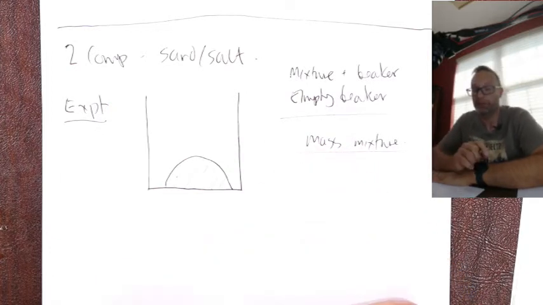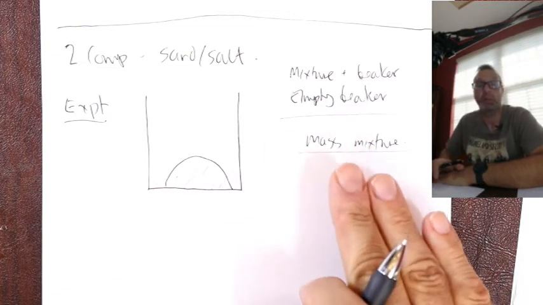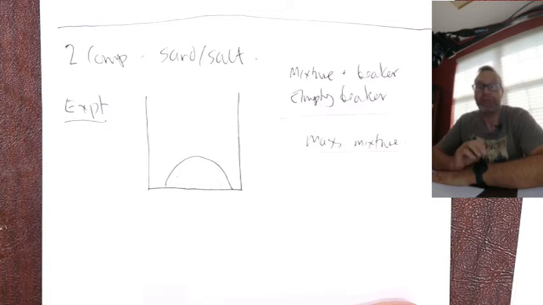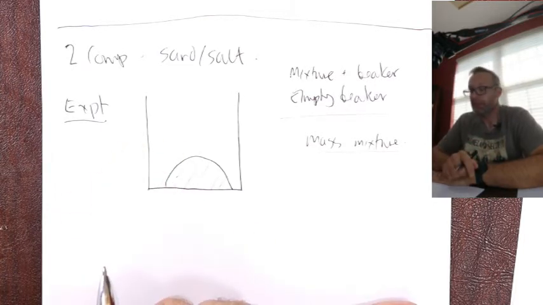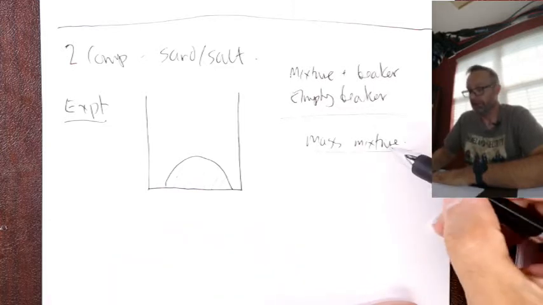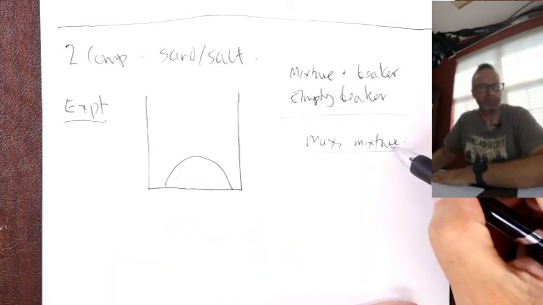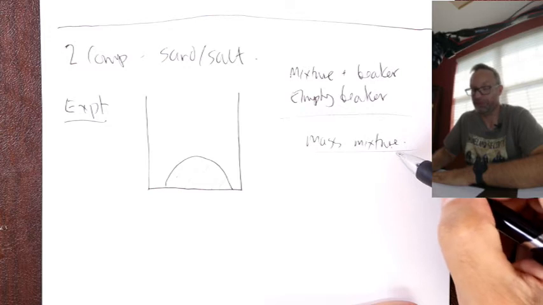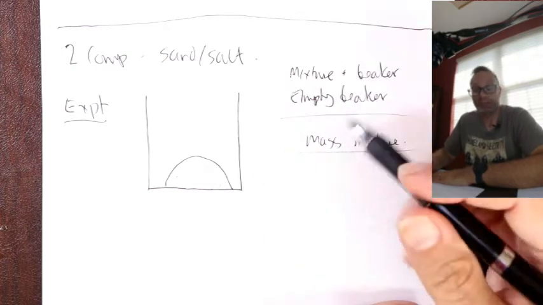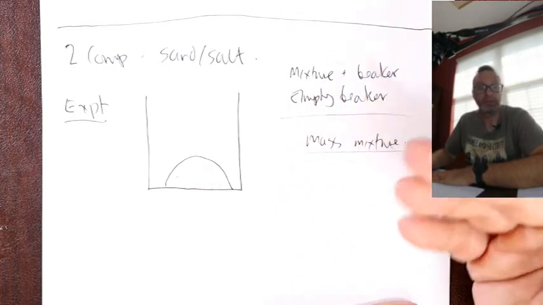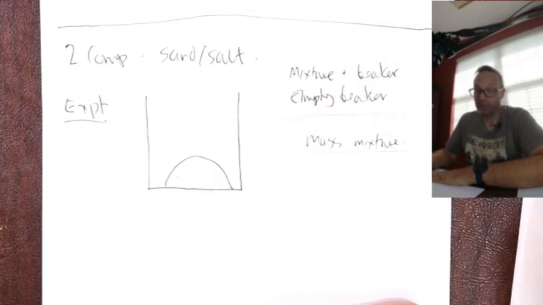Now I had a question pop up about, well, do significant figures apply? Absolutely. Significant figures always apply to measured quantities, okay? You just happen to be limited by your lowest number of sig figs when you do math, okay? So weigh the mass of the mixture, determine the mass of the mixture by weighing by difference, okay? So in each of the experiments, the 2 component or the 3 component, you take your stuff, you weigh it,